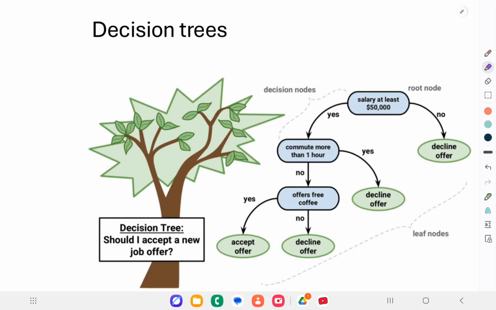Another type of output is decision trees. Decision trees represent a model using a tree-like structure where internal nodes perform tests on input features, and the leaf nodes, these guys right here at the ends of the branches, represent the outcome, such as the class predicted, or even sometimes probabilities of the class.